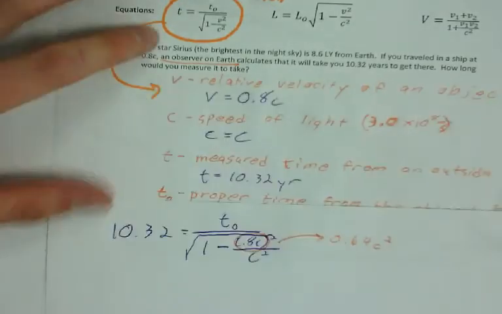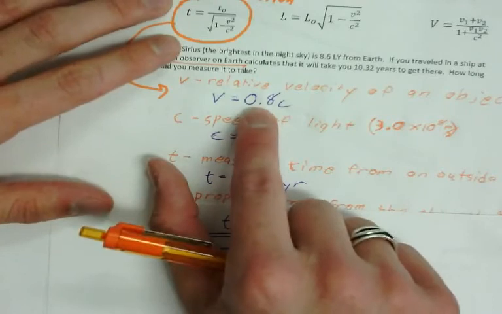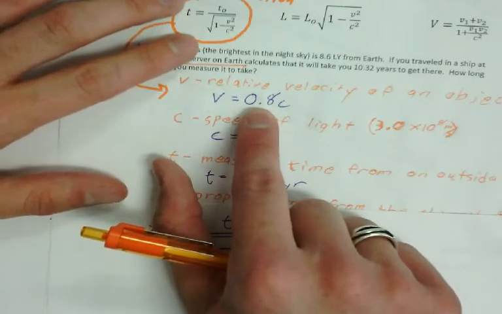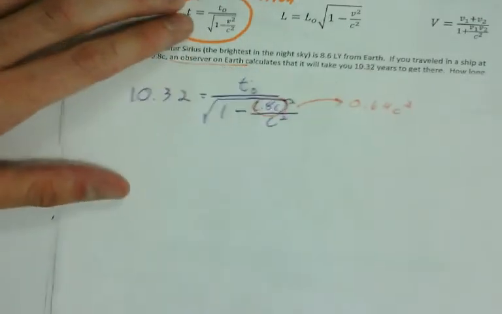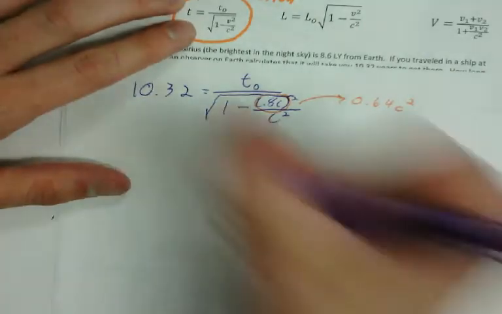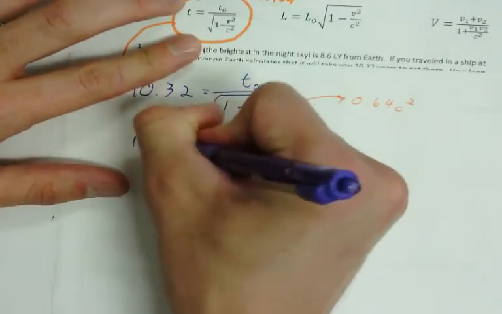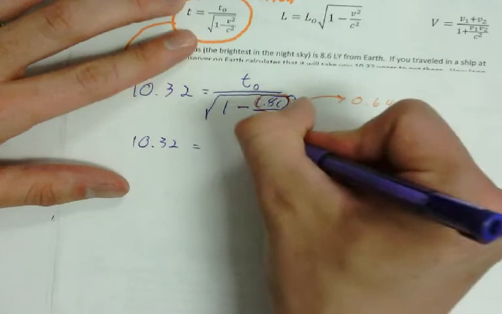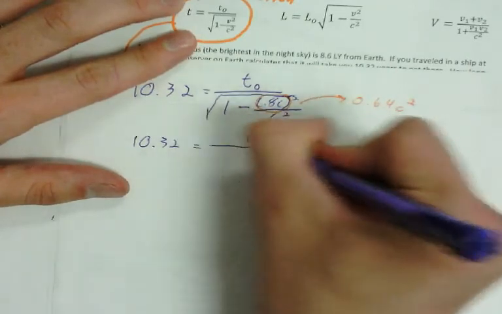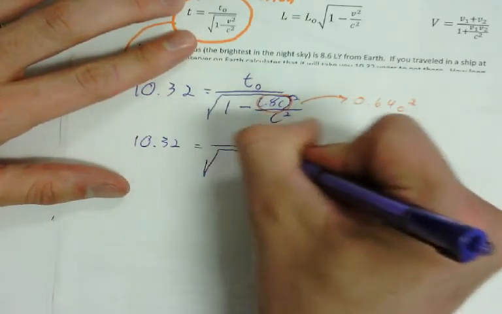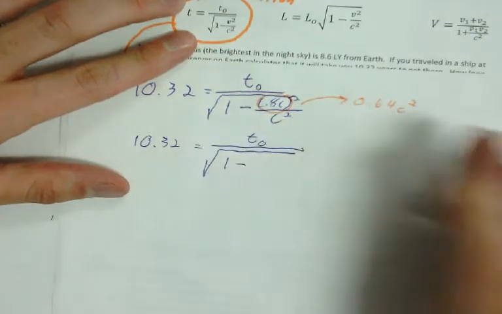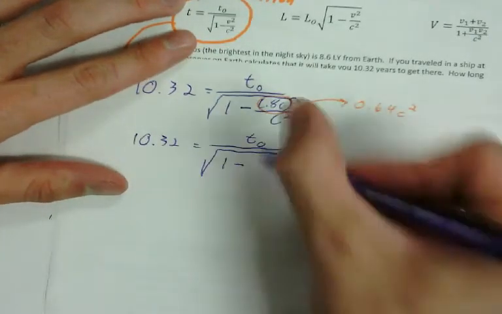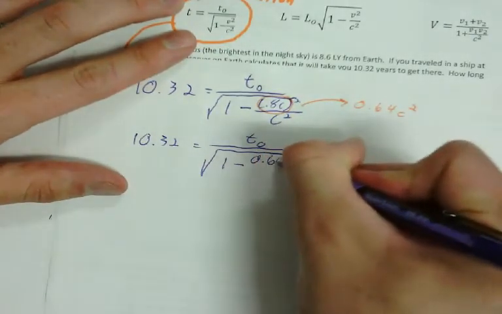The velocity is 0.8c, so I have to square 0.8 and square c. When I do that, I get this. 10.32 equals T naught over the square root of 1 minus 0.64 c squared